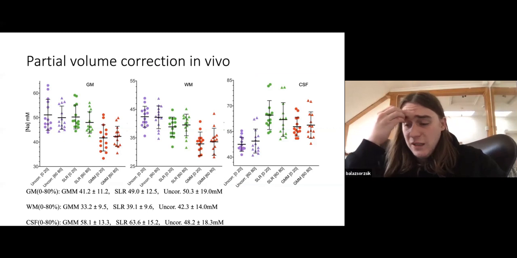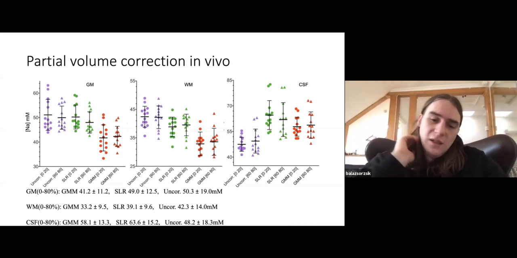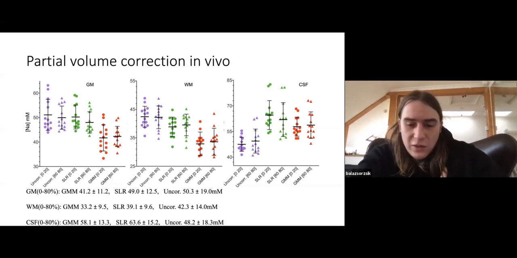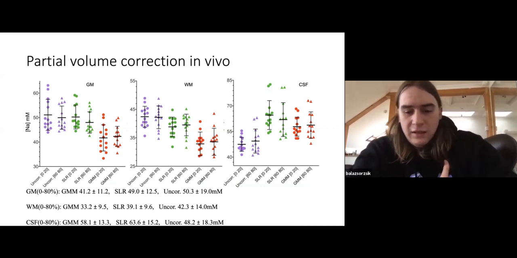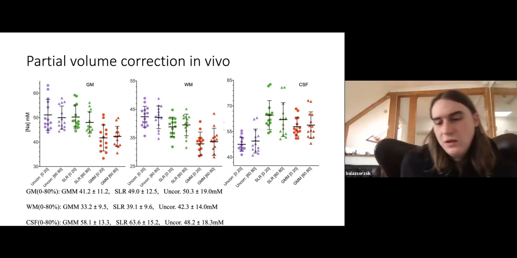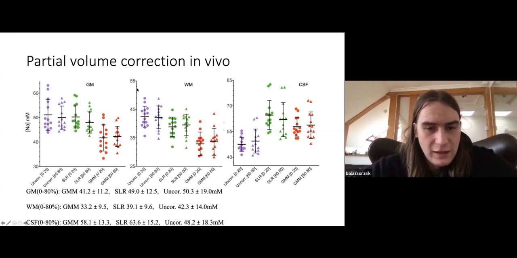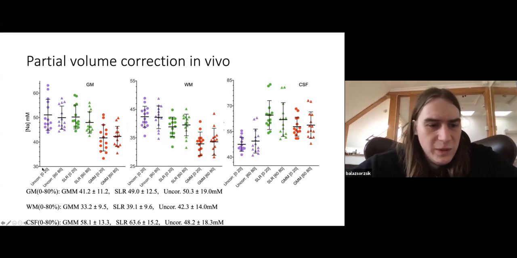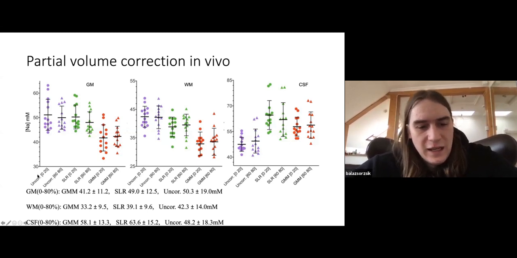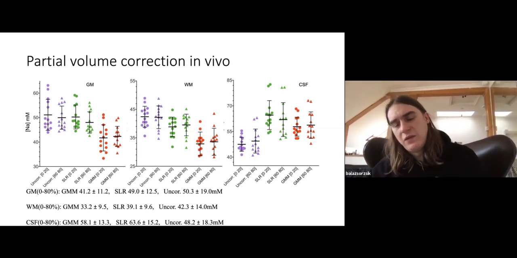So finally, what we set out to do is to test these methods on real subject data. And here we collected sodium MRI images of 14 participants. And then we wanted to look at regions where we expect the most partial voluming. So between 0 and 20, actually there are not that many voxels, because we collected data from healthy